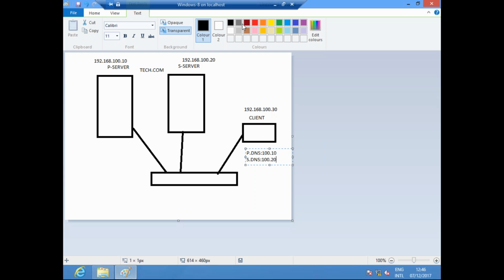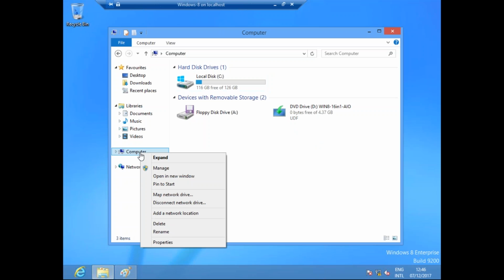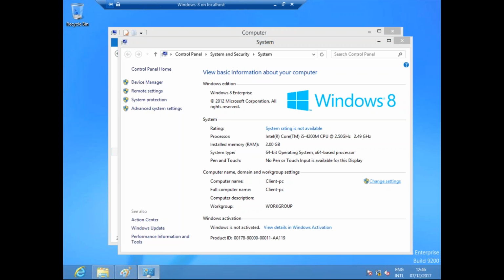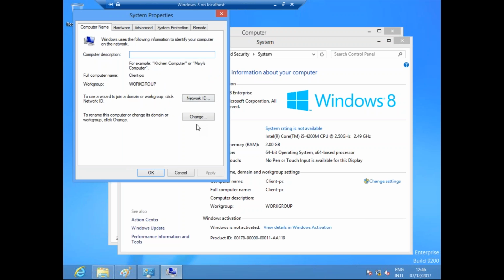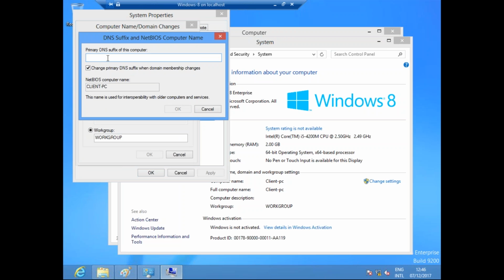So first, we'll complete the task which we left, adding a DNS client. Let me finish that one first. Computer, right click, properties, change settings. Click on the change option. The name says client PC, it's fine, looks good. Then go to more. Then type the domain name which we configured earlier,